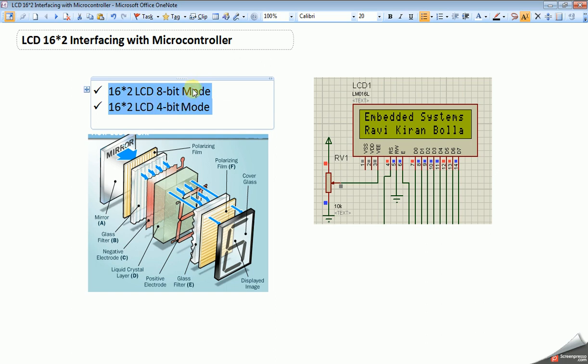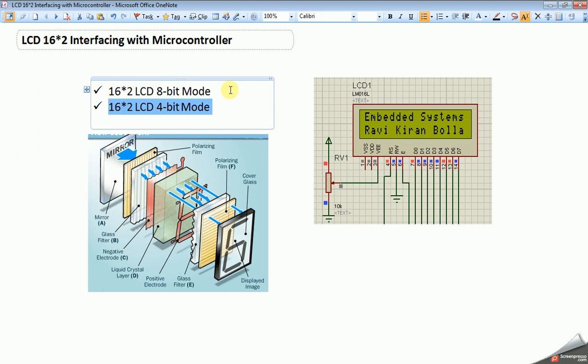In 8-bit mode we can use 8 GPIO pins to interface 16 by 2 LCD, whereas in 4-bit mode we need only 4 GPIO pins to interface 16 by 2 LCD.